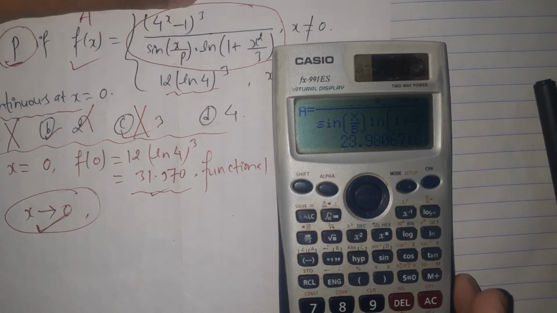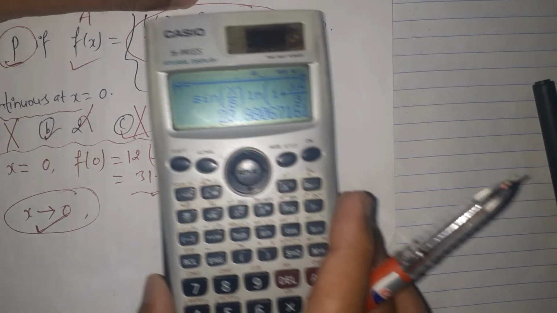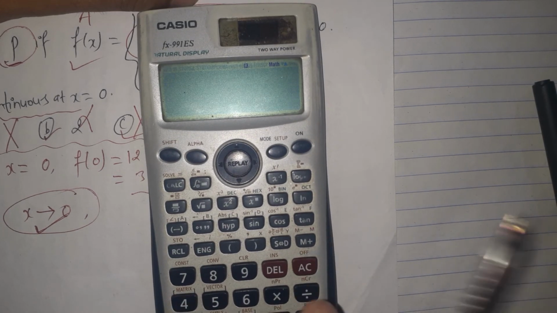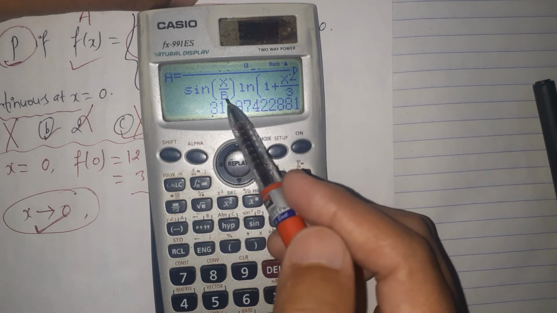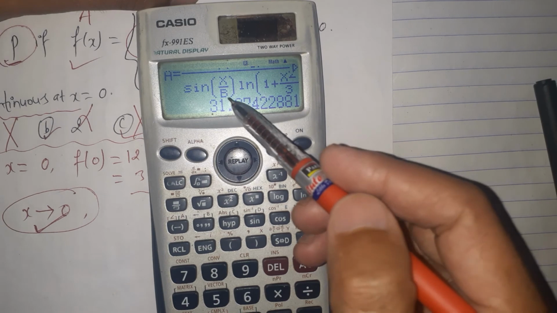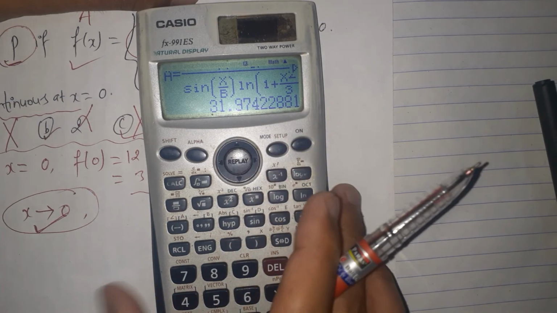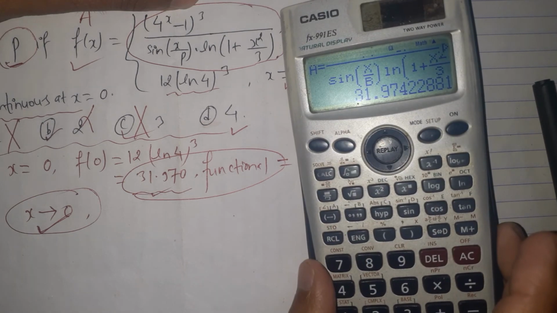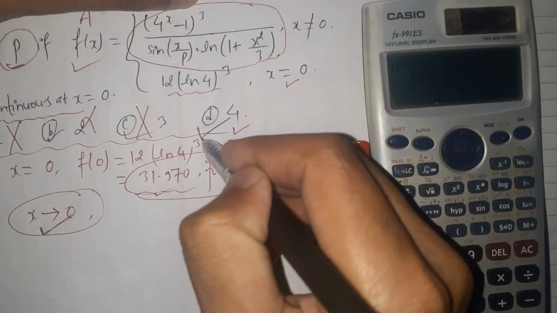Let's try option D. In option D, 4 is given. Let's give 4 in place of the value of b. Here the limiting value is 41.974. In option D, at the value of p equals 4, the limiting value is calculated as 41.974, which seems very closer to the functional value. The functional value and the limiting value are matched here, so option D is the correct answer for this question.